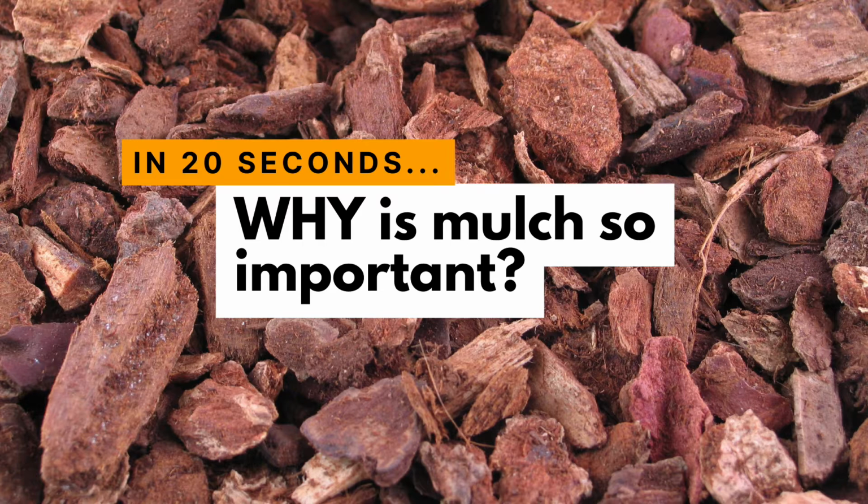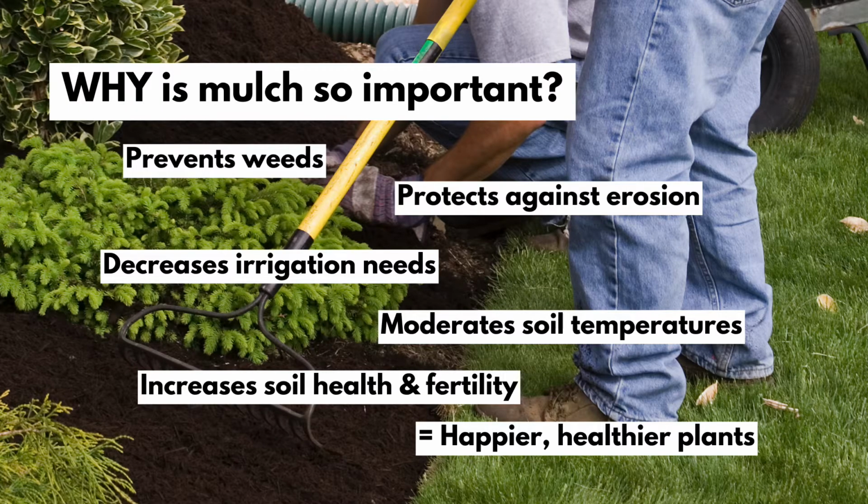The first thing I want to share in this video is the reason mulch is so important. Most know that mulch is a good thing, but it's still good to get a refresher on why. You use mulch as a soil covering to prevent weed seeds from germinating, protect the soil from erosion, and decrease evaporation, which decreases irrigation needs. It moderates the soil temperature, which makes plants happier, and eventually natural mulch materials will decompose and become compost and feed the soil. It's overall just important to creating a healthy, low-maintenance garden ecosystem in many climates.